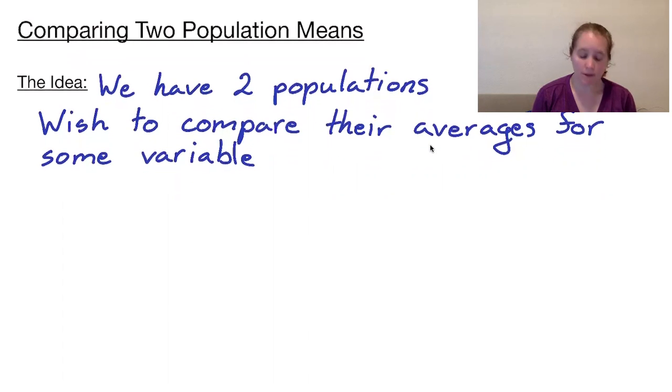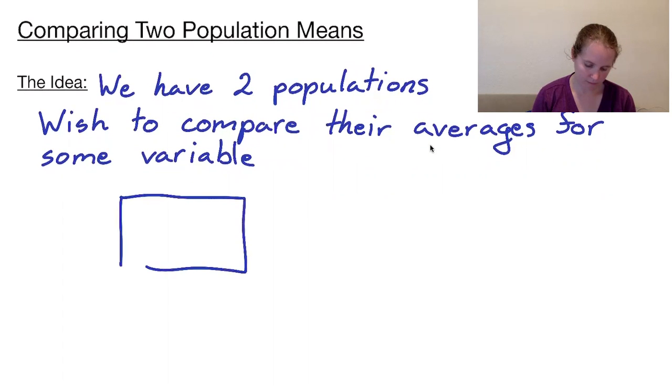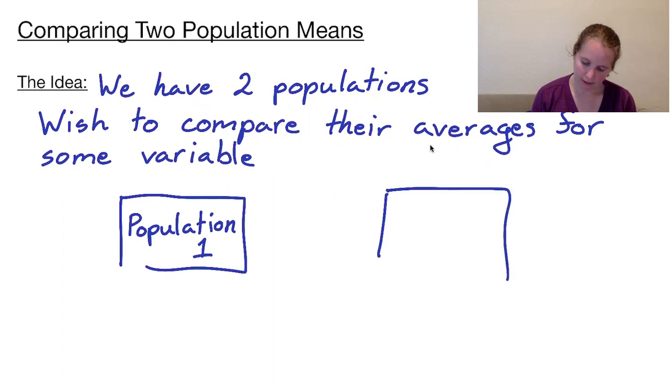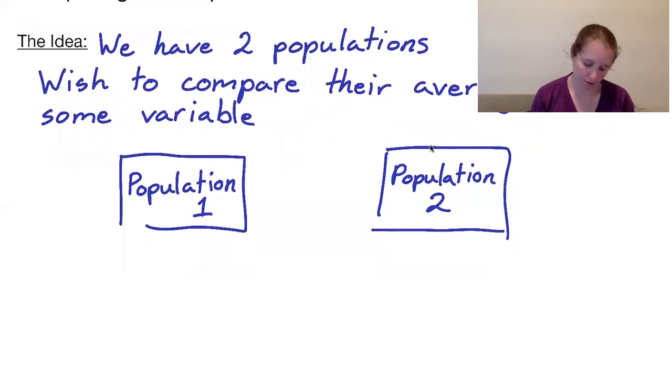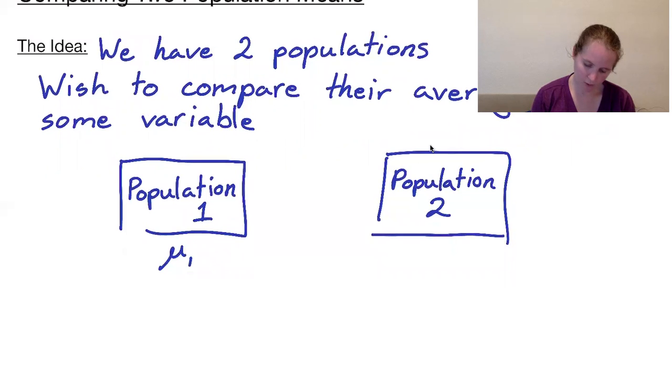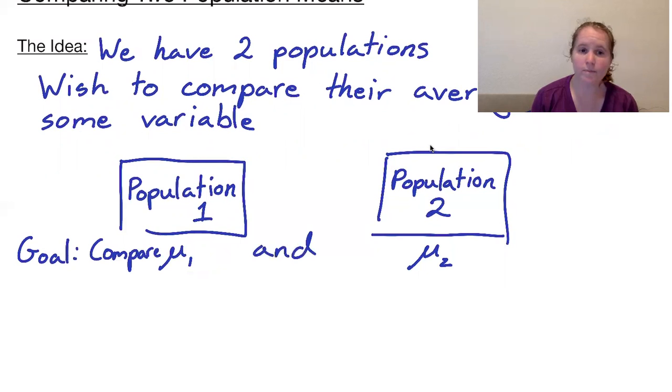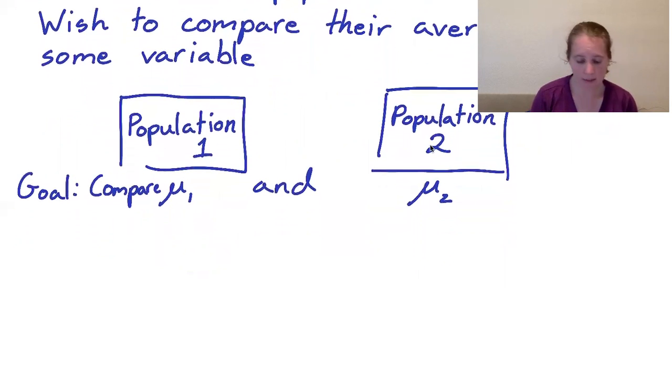So we have our two populations, population 1 and population 2. And we would take a mean of both. So the mean of population 1 would be mu1, and the mean of population 2 would be mu2. So the goal is to compare mu1 and mu2. So to do this, we take a sample